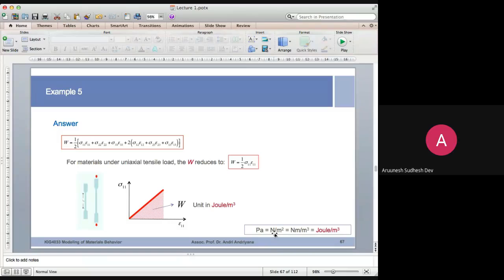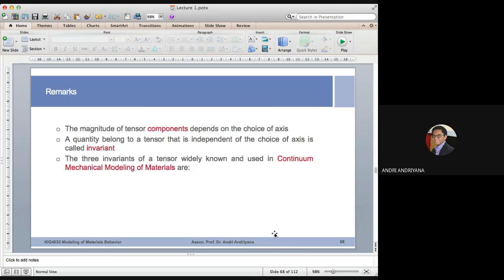Yes, so Pascal is okay, but we do not use Pascal. Because it is energy, we use joule per meter cube. All right. So just a few remarks now to continue, to summarize things that I have mentioned before,